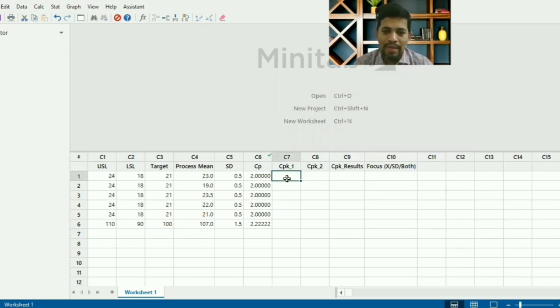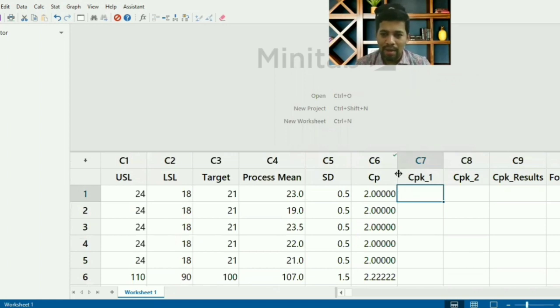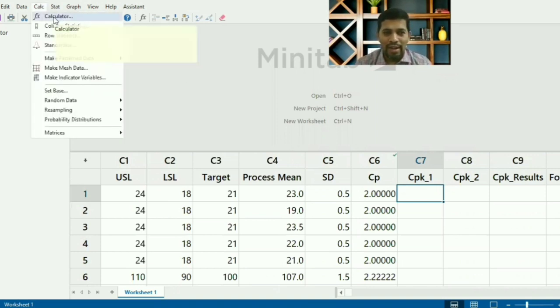We're going to do CPK. In CPK there are two expressions, and whichever is the lower value, we need to take it. The very important message I wanted to give is about the tick mark. The tick mark indicates that a formula is applied, so you can also check what formula is being used: USL minus LSL divided by 6 sigma, you can see here. And now we are going to apply the CPK value. Similarly, you can go to start and calculator.